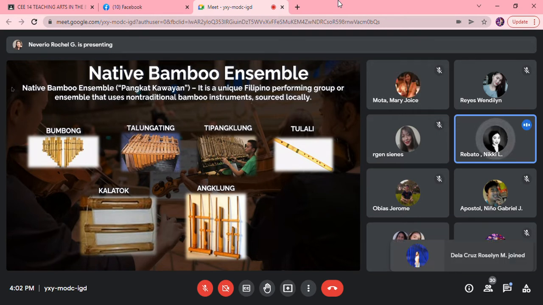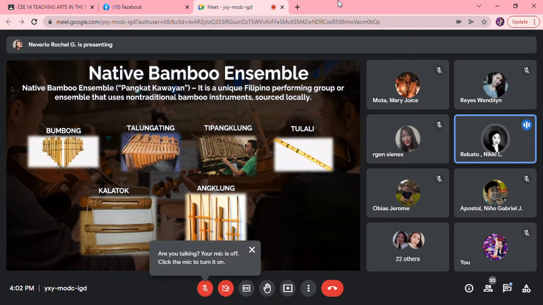Next is talonggating. Talonggating, bamboo marimba, kalagong, one instrument that produces a hollow gong-like sound, played by tapping the top holes of the bamboos with two flat and flexible surface taps. It serves as the brass of the group. So, sa madaling salita, ang talunggating, ito ay pantuno ng iskalang musikal kagaya ng xylophone.